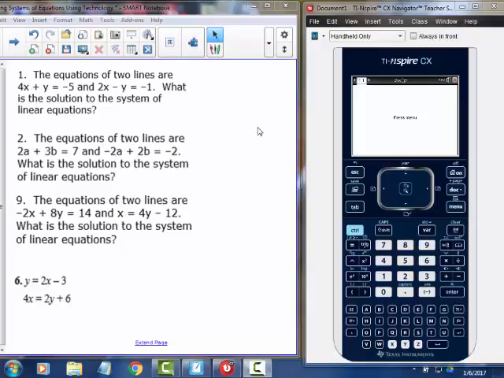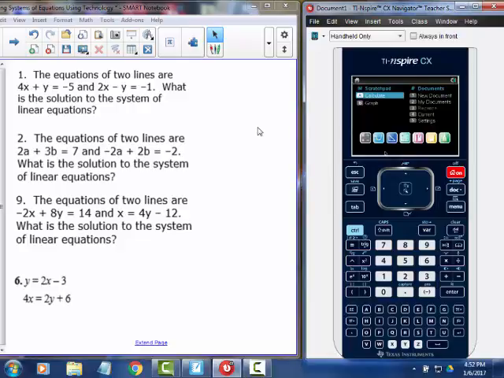Okay, so we've been solving systems of equations for a little while now, and I wanted to just share with you a way you could use your calculator to help you in solving systems of equations. One of the ways you can use your calculator a little more effectively is through some graphing features. We touched on that a little bit with graphing, but we were mostly graphing by hand and not using our